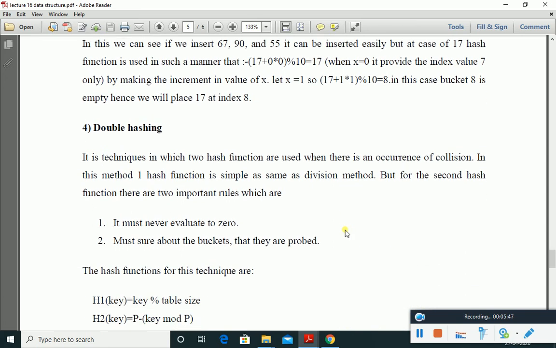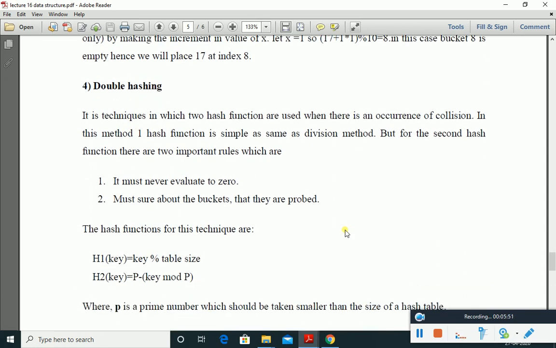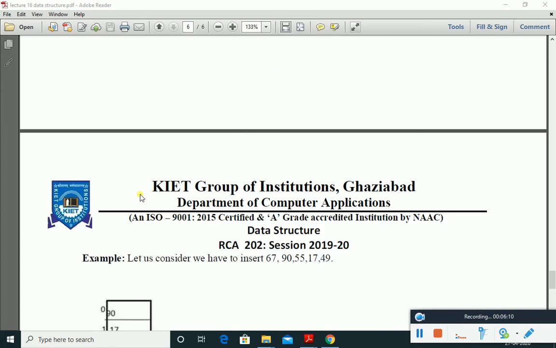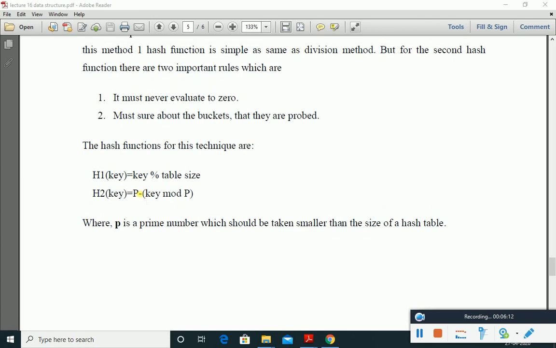And the last collision resolution technique is double hashing. In double hashing, again we are using two hash functions.